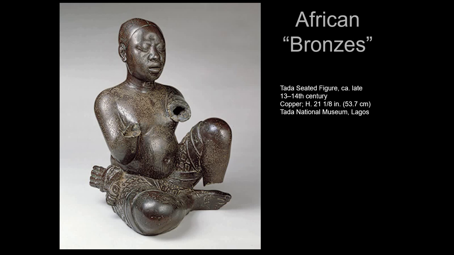Now, we say bronze, and the reason bronze is in scare quotes there is because they're not technically bronze. Bronze is a mixture of copper and tin. There's not a lot of tin in West Africa, so these are typically more commonly called copper alloy. And the reason we call them copper alloy is because West African sculptors and bronze workers were not particular about alloys. They started with copper, and anything they would add to it to get the color and the qualities they liked, they would do. So some of them are copper and lead, some of them are copper and zinc, some of them are copper and tin, or some of them are copper and all three. It's just whatever would work.